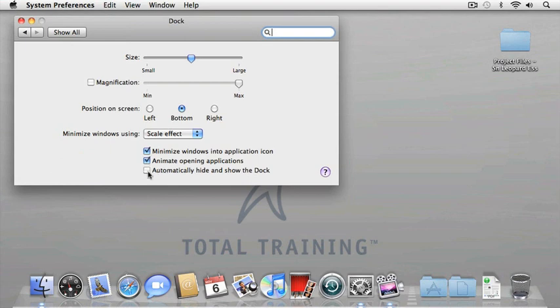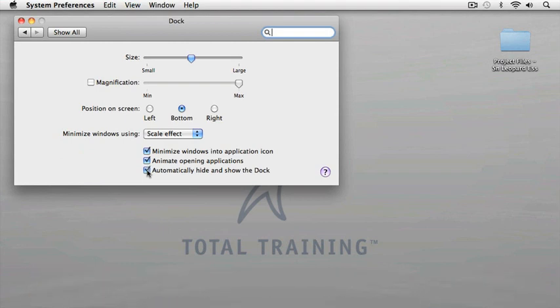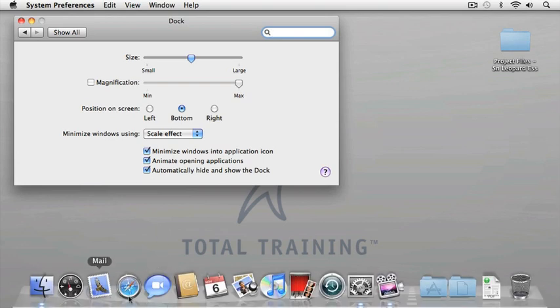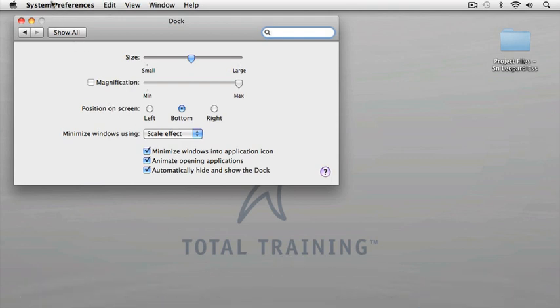And then finally, one of my favorite features of the dock is the ability to automatically hide and show it when I'm working on my computer. So if I turn this checkbox on, you can see that my dock disappears. How do I get it back? Well, I simply move my cursor down to the bottom and the dock will appear automatically. Perfect. I'm going to quit out of System Preferences